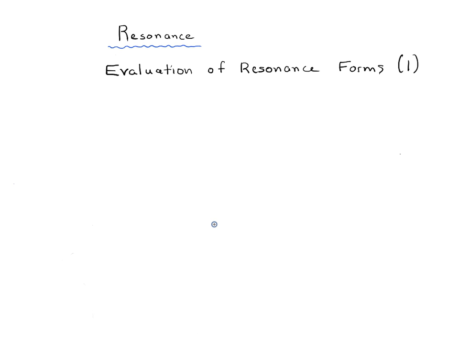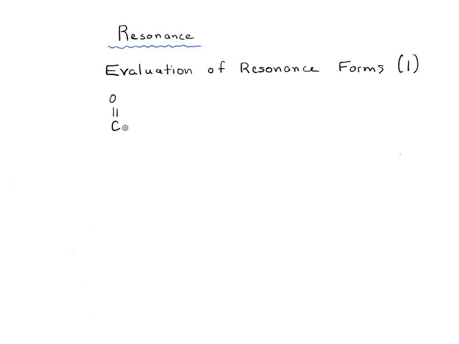In this video, we're going to go through some of the factors which stabilize different resonance forms. So we're going to try and understand here what makes one resonance form more stable than another. So we'll go through about 5 different factors, and this is going to be one of the most important factors